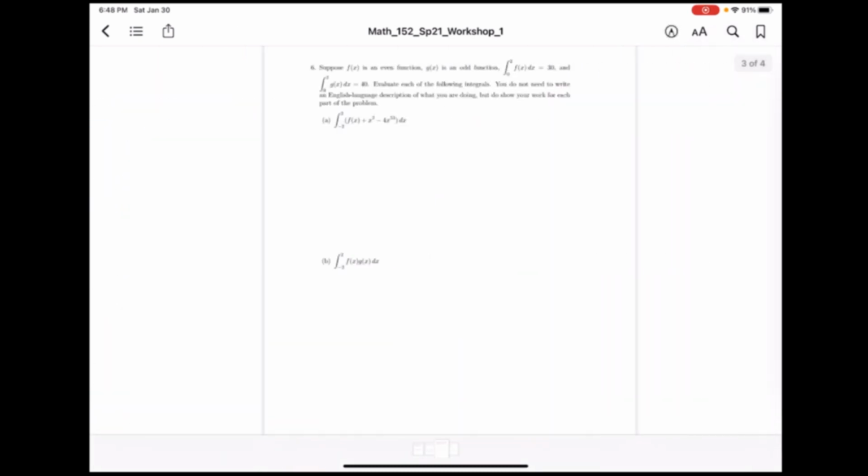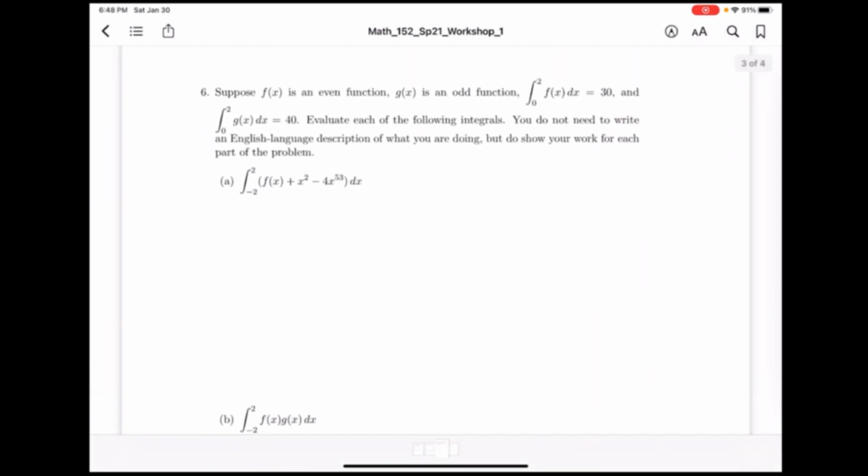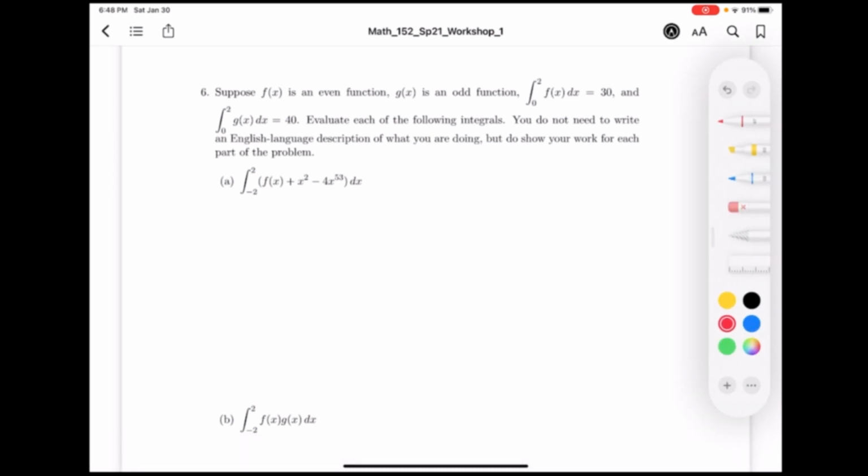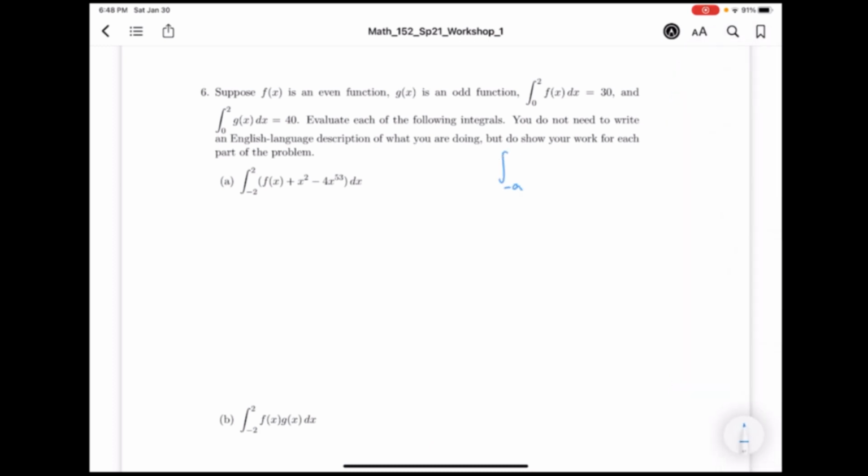All right, let's go on from there. So we have this 4-part function based on this setup where we know that f of x is even and g of x is odd, and we're given what the integral from 0 to 2 of f of x and the integral from 0 to 2 of g of x are equal to. All right, so first of all, let's just make sure everybody's clear on what the important rule is for this. The rule is that the integral from negative a to a of an even function, I'm going to call it e of x, not the number e, just an even function, is equal to 2 times the integral from 0 to a of e of x dx,